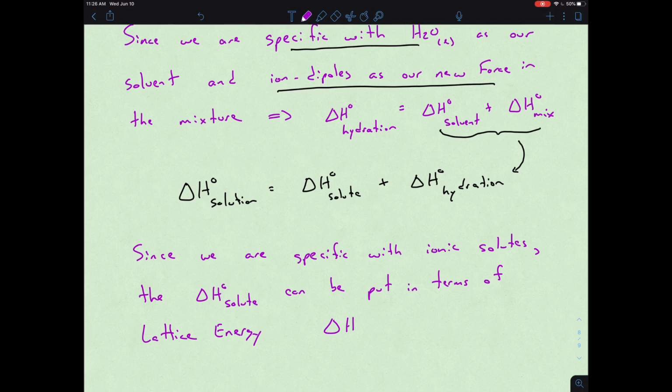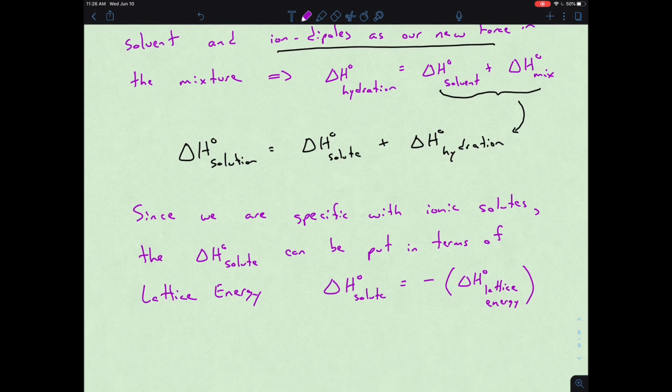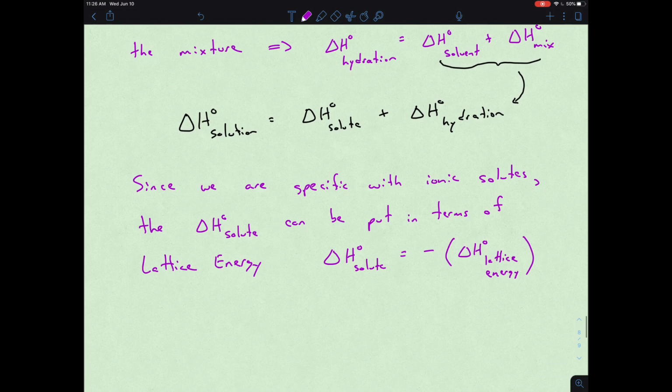So we could say that the enthalpy of our solute is equal to the negative of our enthalpy of our lattice. So realize that the lattice energy is that energy released upon two ions coming together to form an ionic solid. But with the solute idea, we're looking at breaking down forces of attraction, trying to break those down into different ions. And so that's why we see the opposite sign,